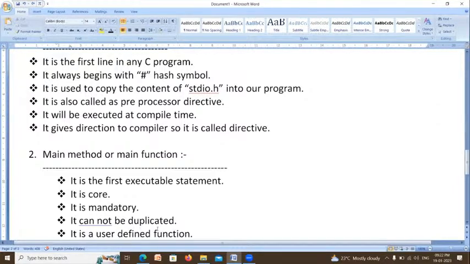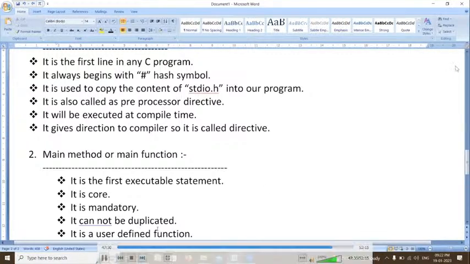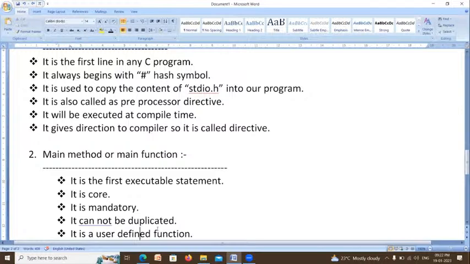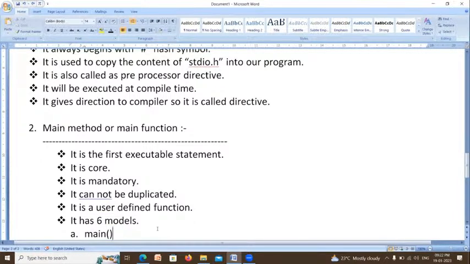You can write the main method only one time; it is not possible to duplicate. You need to write the code for the main method, so it is a user-defined function. It has 6 models.